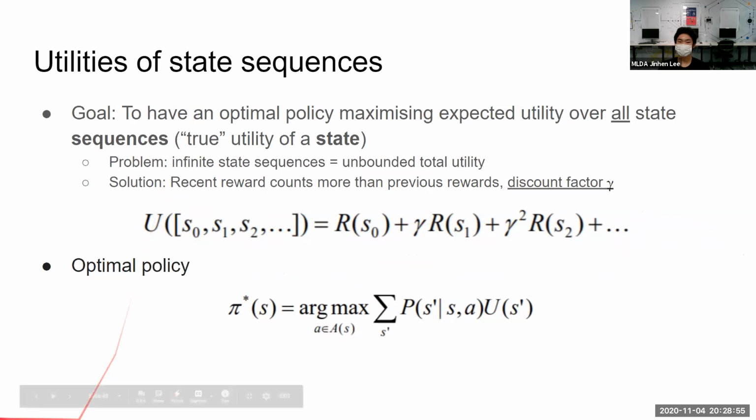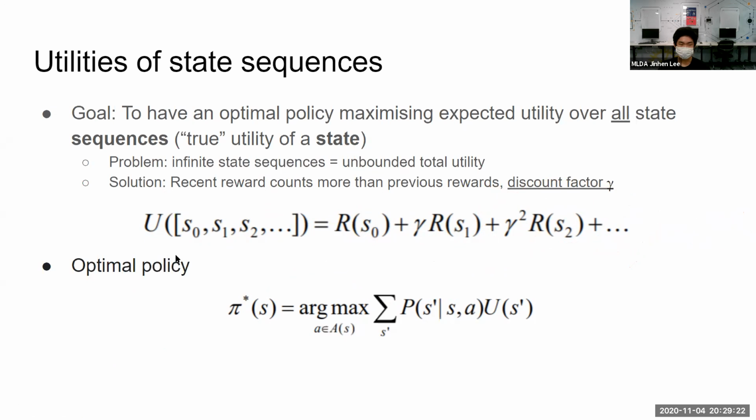Recent rewards, meaning the rewards from more recent states, will count more than previous rewards. For example, if your discount factor gamma is 0.5, gamma squared is 0.25, gamma cubed is 0.125, and then 0.0625, and so on. You go closer to 0, and the rest you can just ignore at some point.